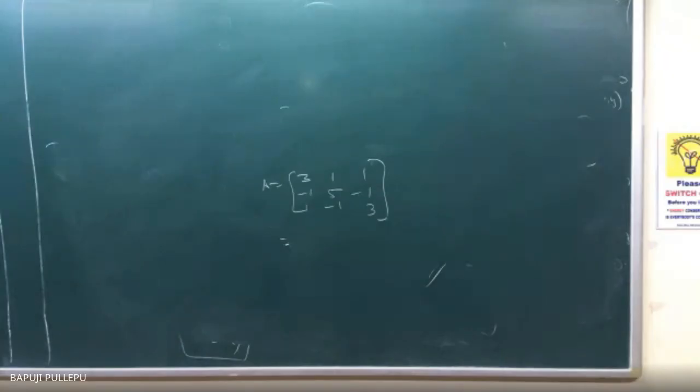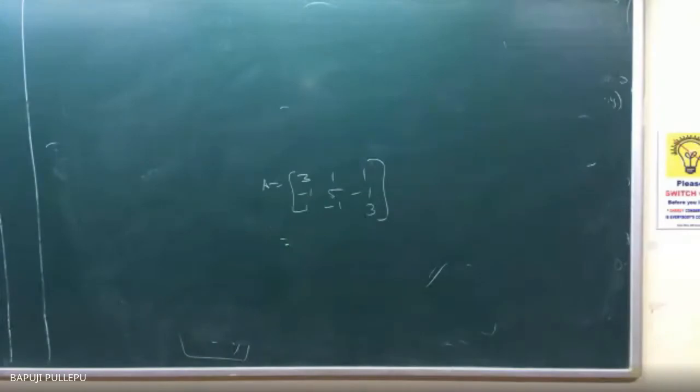Sir, the characteristic equation is lambda cube minus 11 lambda square plus 25 lambda plus 70. No, the answer is not given, only A inverse is given. Find A inverse and tell me. Can anyone confirm that? It's wrong, sir. It's lambda cube minus 11 lambda square plus 38 lambda plus 40. Someone confirm. Check. Minus 40.